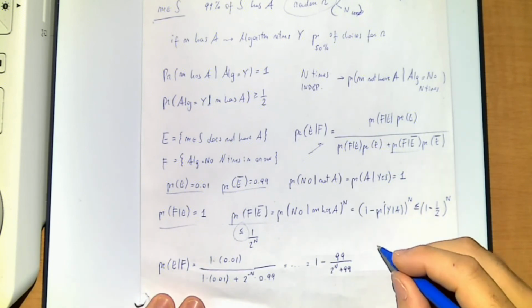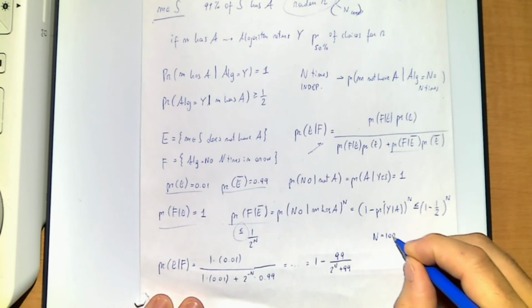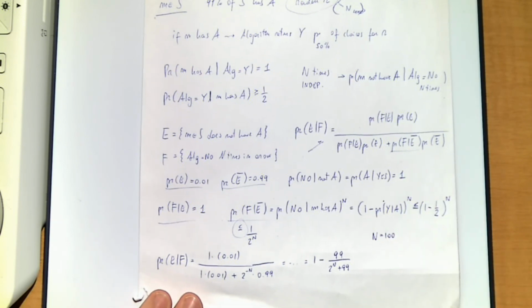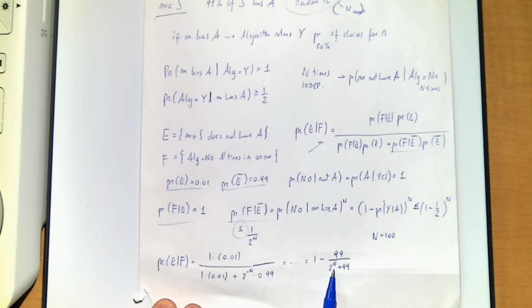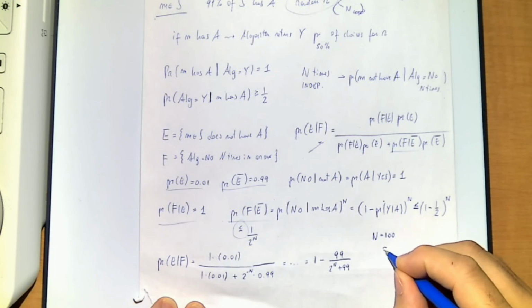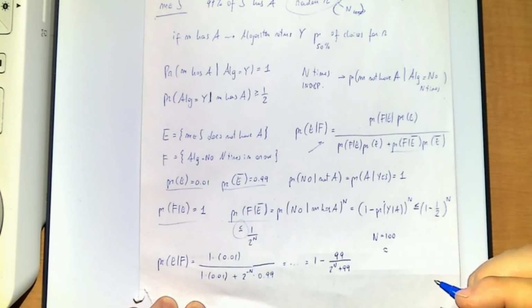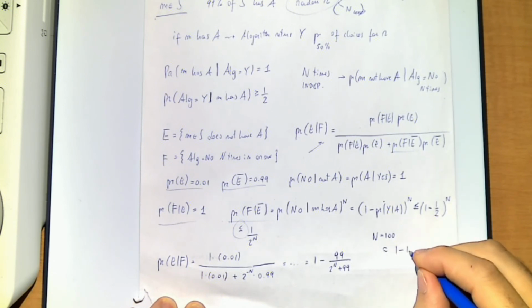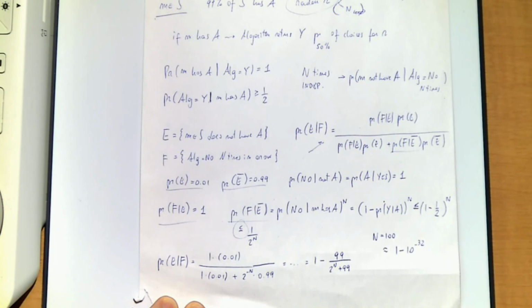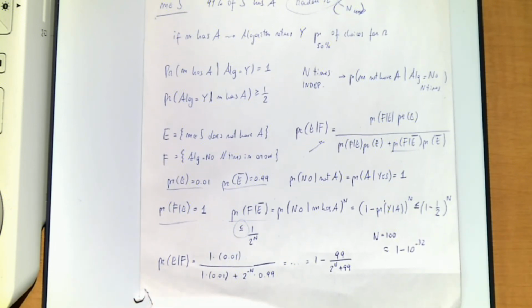For example, what happens if I run the algorithm n equal 100 times? Then I can compute, more or less exactly, by putting 2 to the 100 here. I get that my probability is approximately 1 minus 99 over 2 to the 100, which is like 1 minus 10 to the negative 32. So I have a good interval of confidence. For most practical purposes, it's enough to run the algorithm 100 times, and then you can be pretty sure that this number is prime.